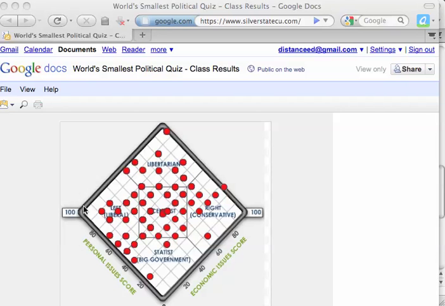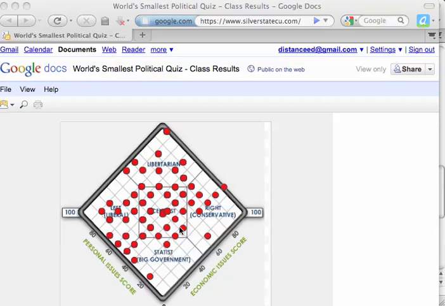Now, you may be saying to yourself, Mr. Moses, I didn't land in one of those two areas. I landed over here, or right down here. For you, it means you're a lot like me, and you're probably going to become an issue voter. It's not going to be about political party for you. There are a few issues that are very important to you, and you're going to look at how different candidates, regardless of party, feel about those issues. Sometimes you may vote Republican, sometimes Democrat, sometimes for independent or green candidates. It's all about how that person feels about your individual issues.